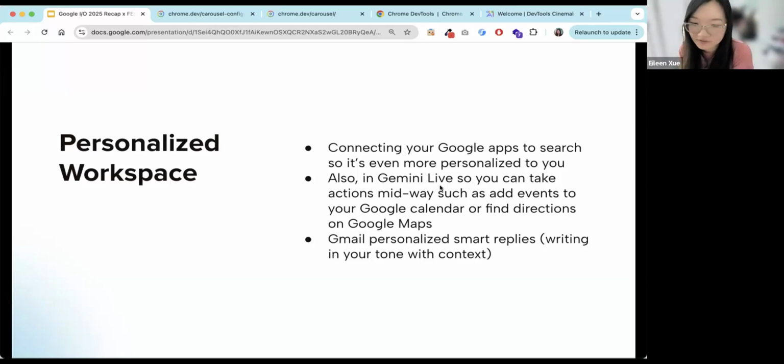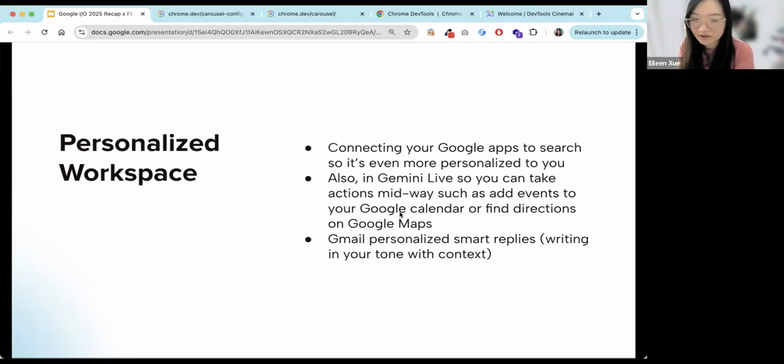And then another thing is Gmail personalized smart replies. This is one of the things they mentioned in the keynote, where it can start writing emails in your tone of voice. I've used their basic Google rewrite tool in my corporate account, where if you write an email, it can rewrite it in a professional way, or in a different way, or just polish it up a little bit. But this one's a little bit different. It's more like a personalized way of how you write.